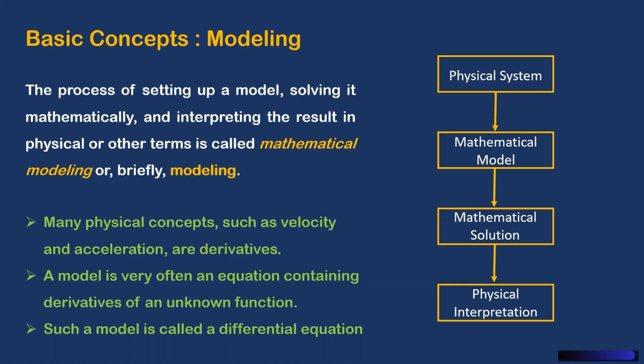And many physical concepts, like velocity or acceleration, are all simply derivatives, correct? Whether you take velocity or acceleration, they are simply derivatives. So when you consider a particular model, it is very often an equation containing derivatives of unknown functions. Such a model is actually called a differential equation, right? So when you consider any physical situation and model it mathematically, it leads to a differential equation, and it involves different kinds of derivatives of unknown functions,